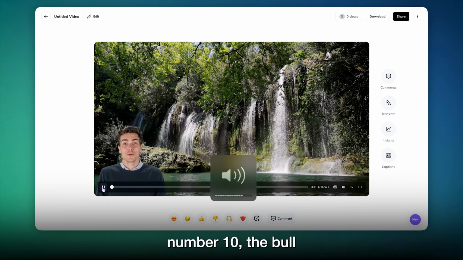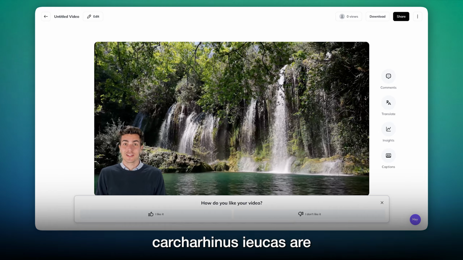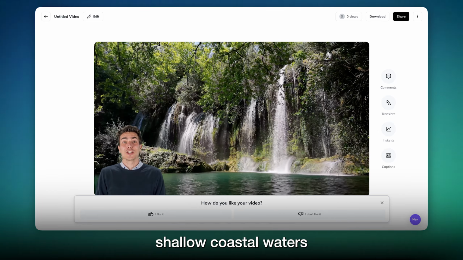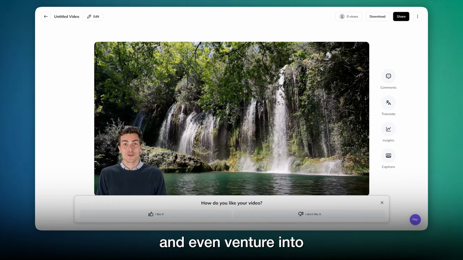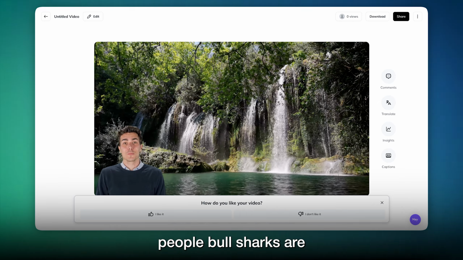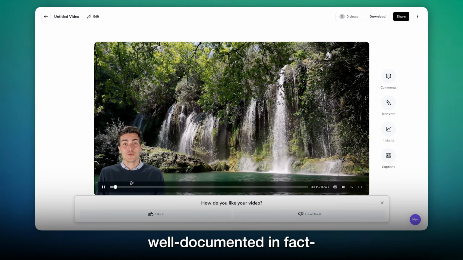Number 10. The bull shark. Bull sharks, or Carcharhinus leucas, are often considered the most aggressive shark species. They swim in shallow coastal waters and even venture into freshwater rivers, bringing them into frequent contact with people. Bull sharks are territorial, and their willingness to attack without provocation is well documented. In fact,